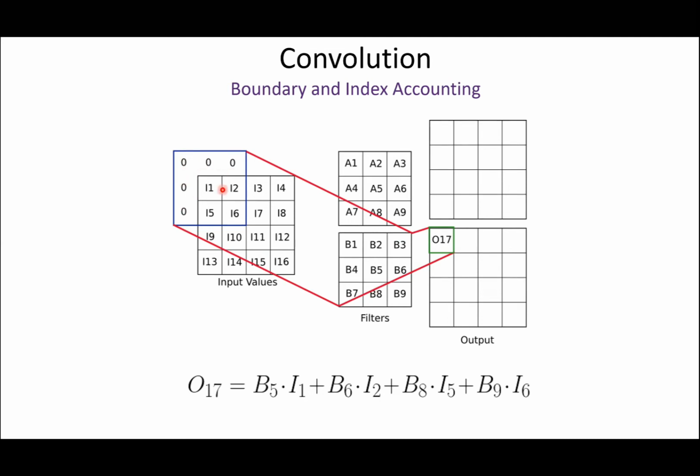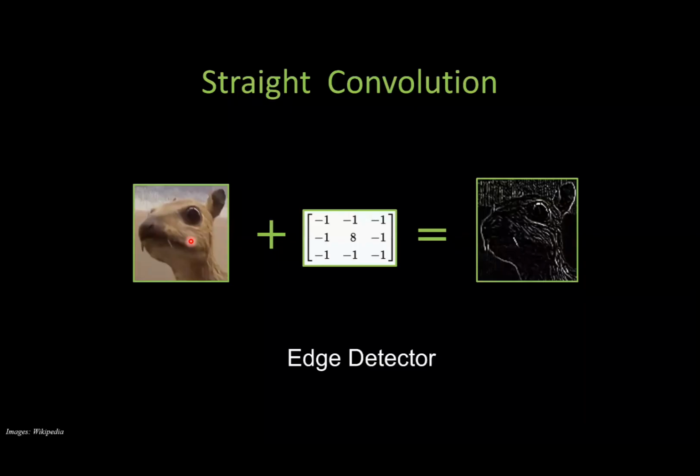Let's just pad it out with zeros, and that's how we get to the corners. So no big deal there. It's just a detail. But here's what convolution can do. They're very powerful. So here's a classical edge detector convolution, which people would use way back in the 80s and